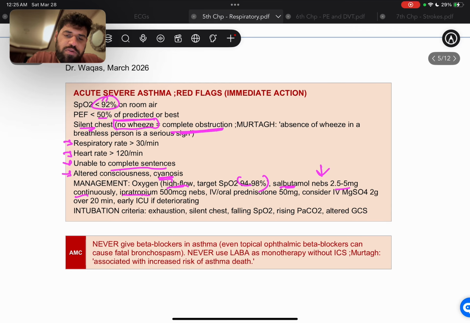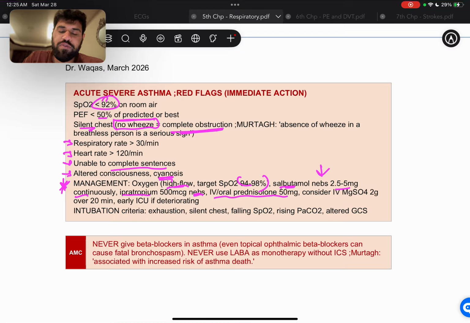Then we give them ipratropium, and this is an important management because I've seen at least 2-3 questions based on these from the past recalls. All right, they'll give you 1 or 2 from those management and ask you what's next or what's the best management for them. So you have to choose the option that has all of these stated. Then ipratropium 500 mcg nebulized, prednisolone IV or oral depending on the condition of the patient. Then consider IV MgSO4 2 grams over 20 minutes, and if they start deteriorating, we have to get them into